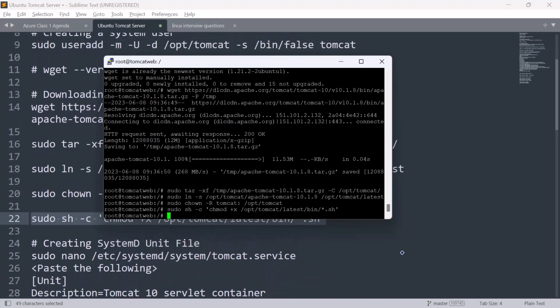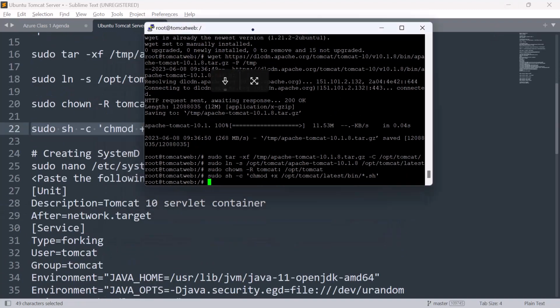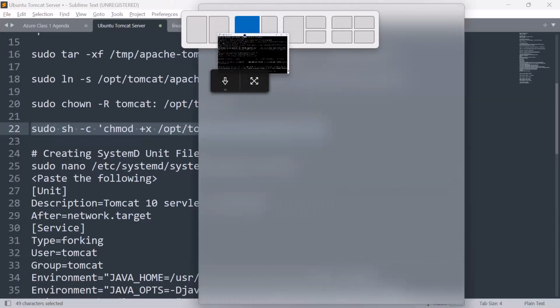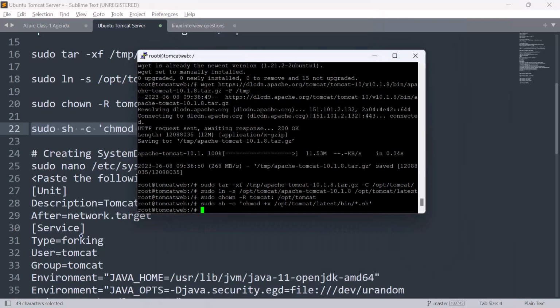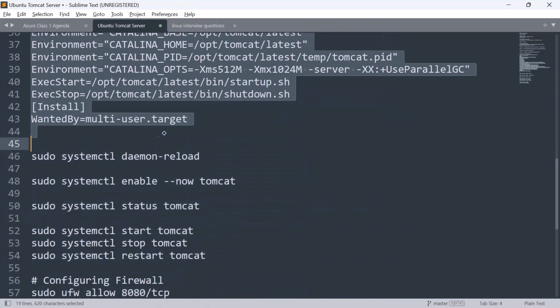Okay, now let us create this script file. Okay, to create the script file, I have the script here. Let me copy this from unit. We need to copy till here. Okay,